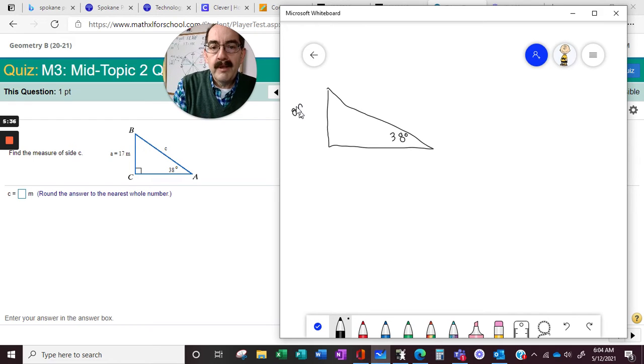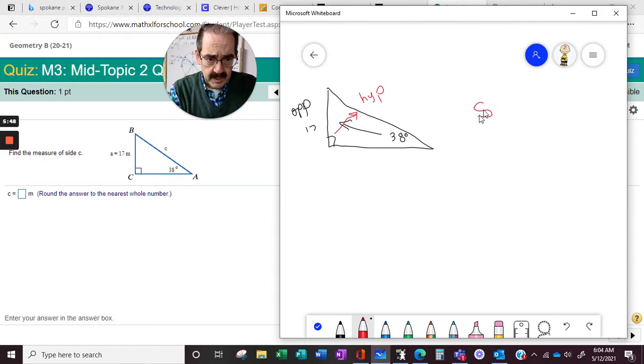We know the OPP, right? Opposite is 17. And then we have the 90 degree. And across from the 90 degree is always the hypotenuse. So sine is equal to the OPP over the HYP. So sine 38 degrees is equal to 17 over